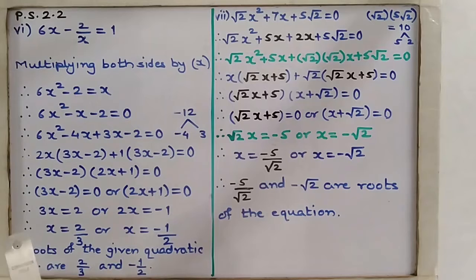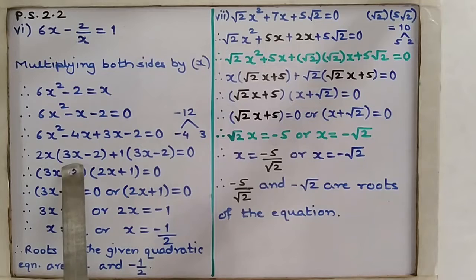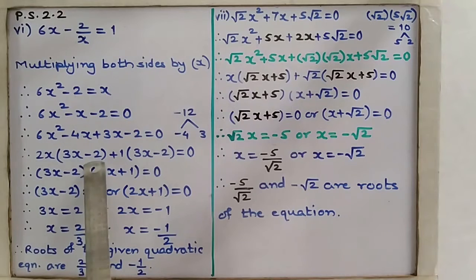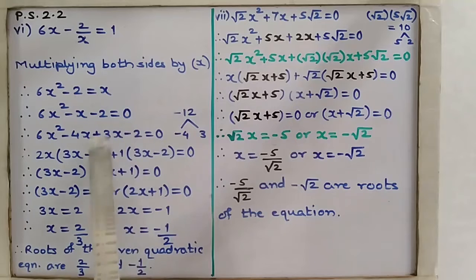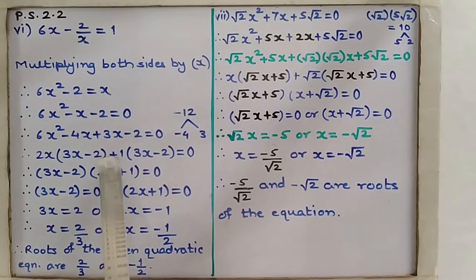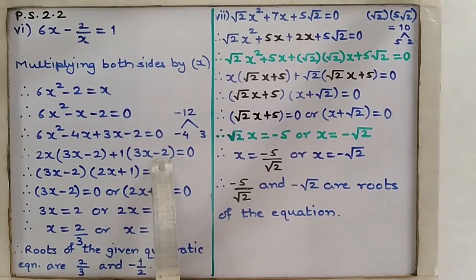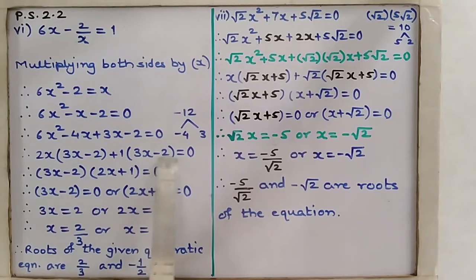So what will come inside the bracket? Look, from the first term we have taken 2x common, so here you will get 3x. And from this term minus 4x also you have taken 2x common, so over here you will get minus 2. Then come to the next two terms. From these two terms we took plus 1 common, so what will come inside the bracket? Look, from this term plus 1 is common, so over here you will get 3x. And from this term also you have taken plus 1 common, so over here you will get minus 2. See that these two brackets are the same. I said these two brackets will always be the same.